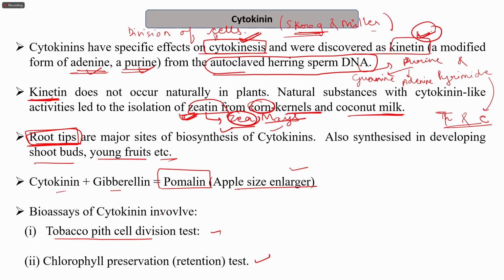So for auxin, we had the root growth inhibition test and the Avena curvature test. And for cytokinin, we have the tobacco pith cell division test, which is cell division, meaning cytokinesis, right? And the chlorophyll retention test. So in tissue culture,